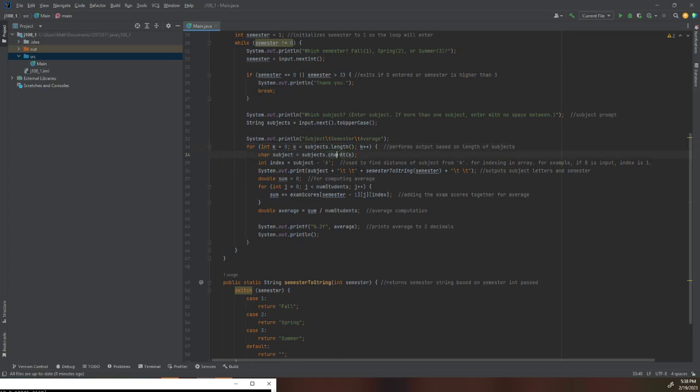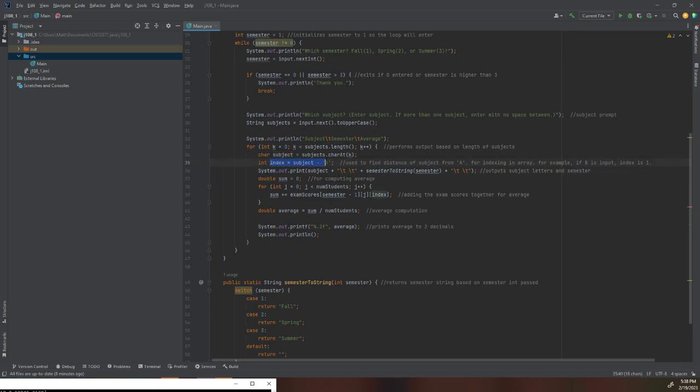Or rather, I know why, but I couldn't figure out how to work around it. By having no space, it checks for the length of the input. So AB will perform output for the A subject and the B subject,